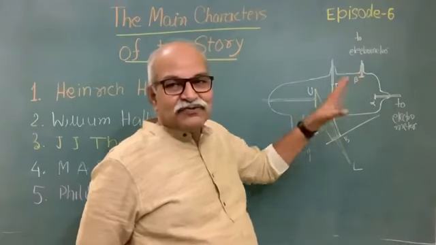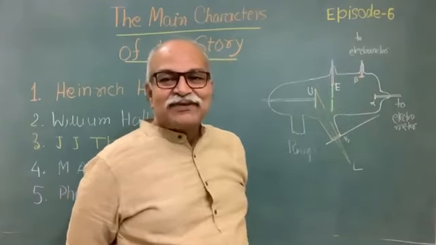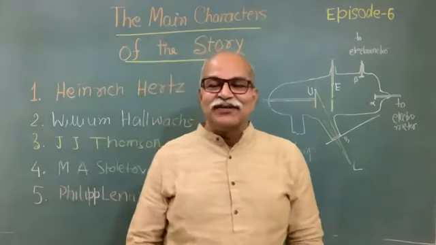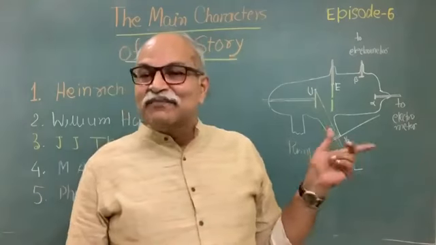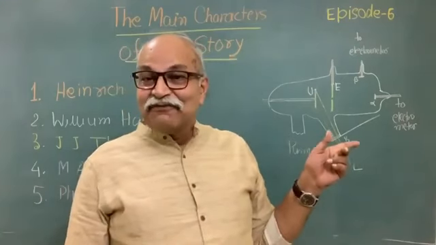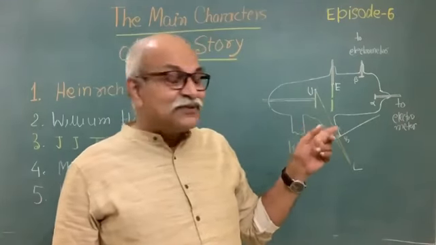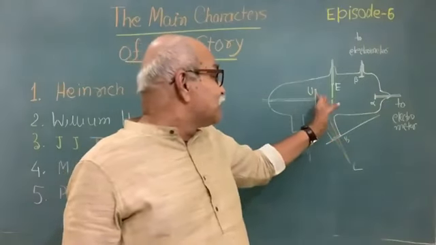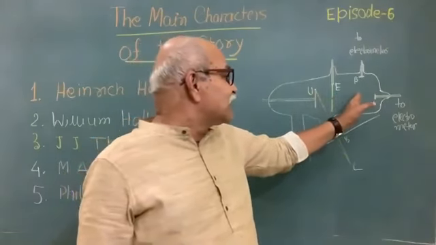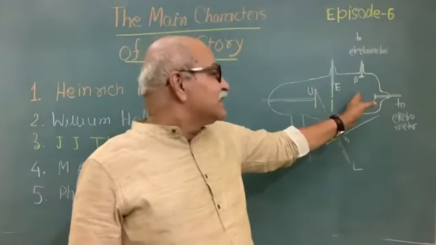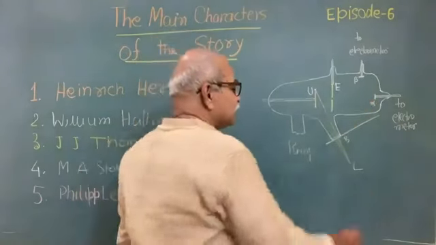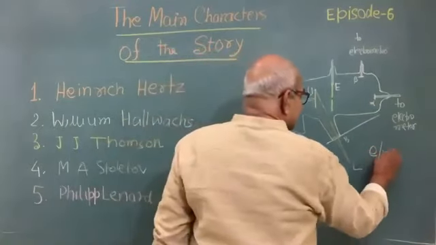From that one can make calculations, and Lenard did all these calculations and found the charge by mass ratio, if you consider these to be massive particles having mass, and charge of course, then this charge and mass ratio e by m can be calculated,